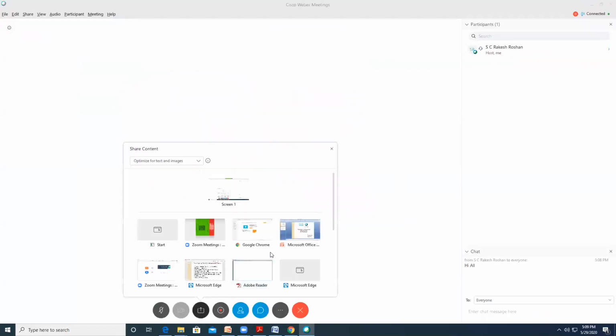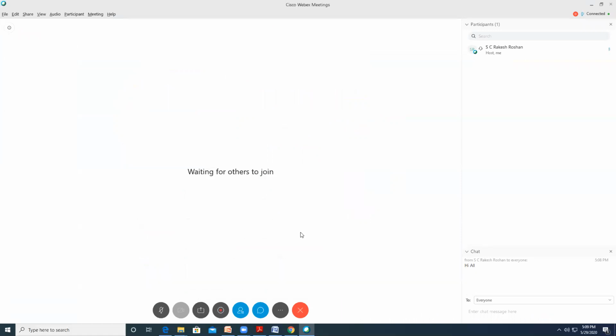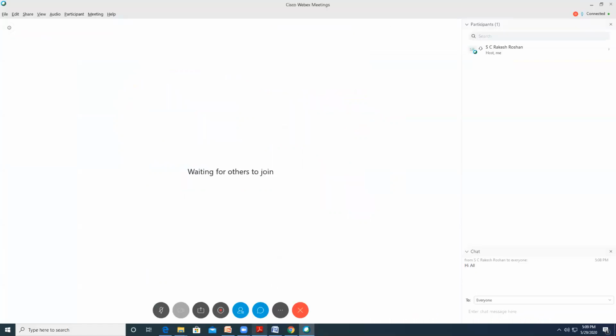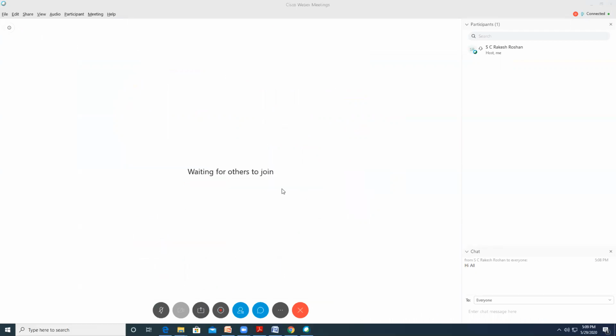Imagine we are using it for a class. So in that sense, let me share any other document. Let me share possibly this one. Oh, it's the same thing again, no issues. Okay, let me share. Yeah, I'm sharing a PDF, but basically this is a blank PDF. I'll tell you the reason why I have put a blank PDF. So imagine there is content over there, and you can start explaining things.